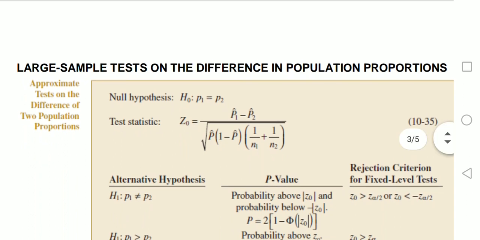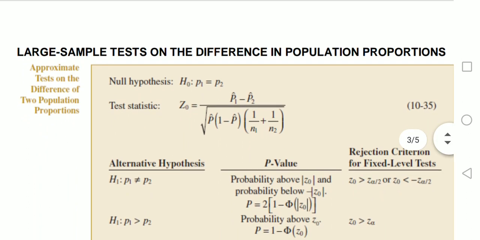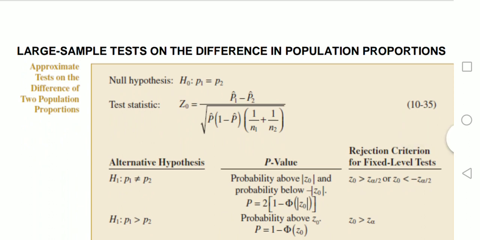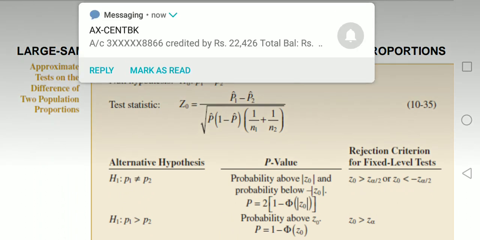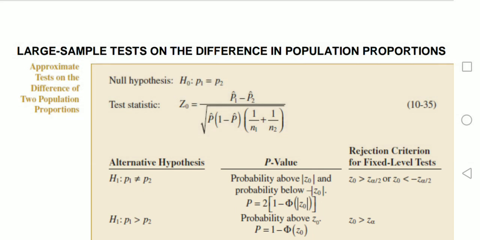Here we have the null hypothesis, H naught is p1 equal to p2, and for the test statistic here also we use only the z test. Z naught is p1 cap minus p2 cap divided by root of p cap into 1 minus p cap into 1 by n1 plus 1 by n2, because here we have to take two random sample groups,